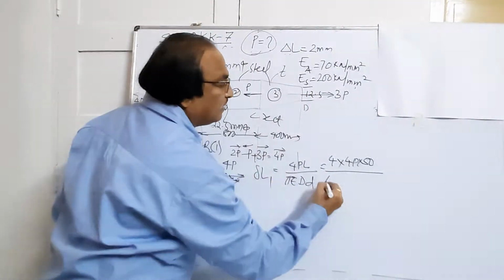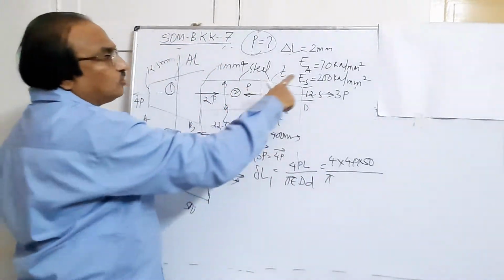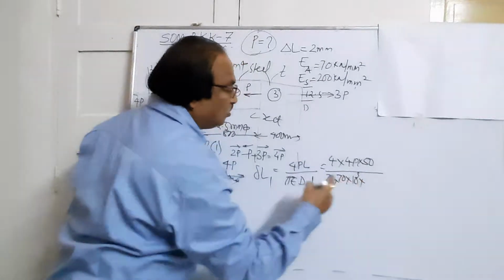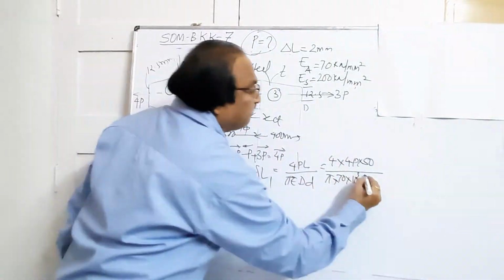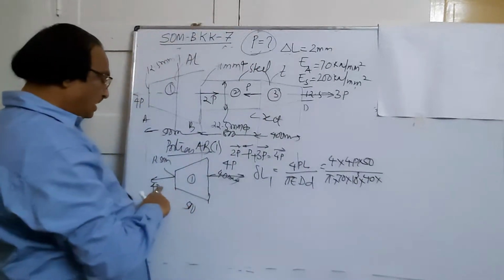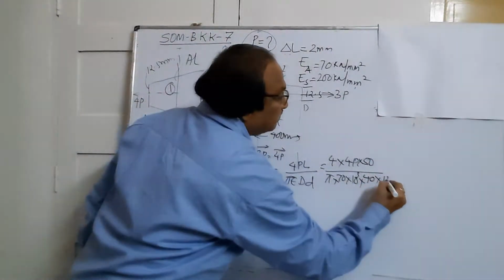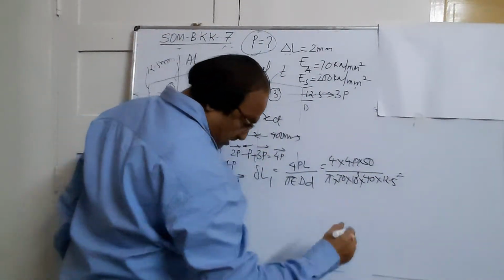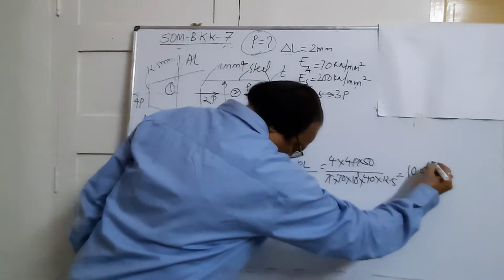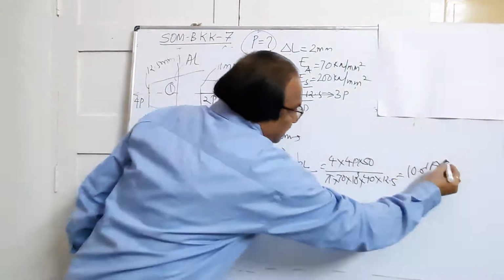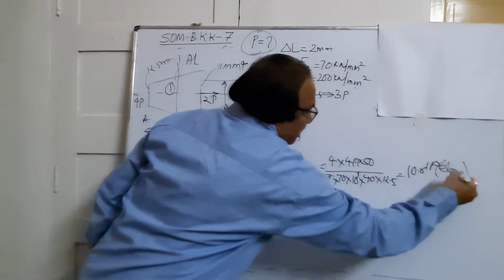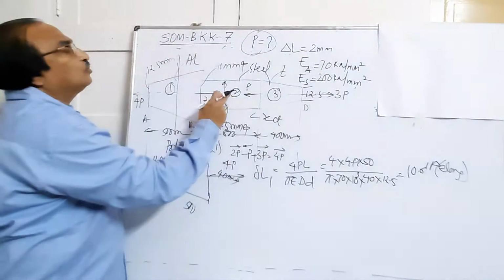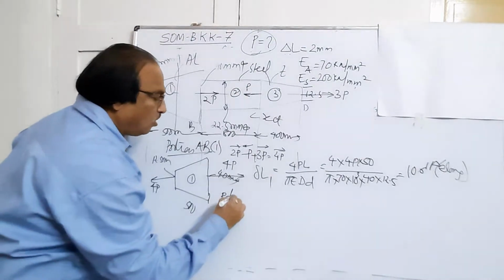So here pi E, it is made up of aluminum. So aluminum is 70 into 10 to the power of 3 to convert it in Newton, into D, the bigger D, 40 mm, and small d is the small diameter. This small diameter is 12.5 mm. If you simplify this, you get the deformation as 10.61 P. This is subjected to elongation, so it will be positive. Next, I will go to portion 2 or BC.